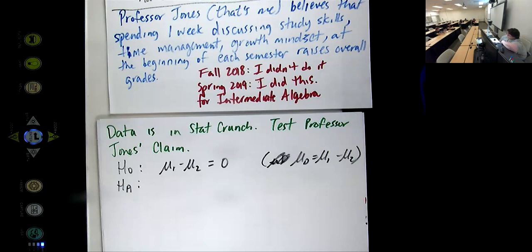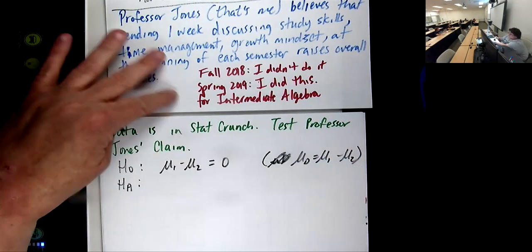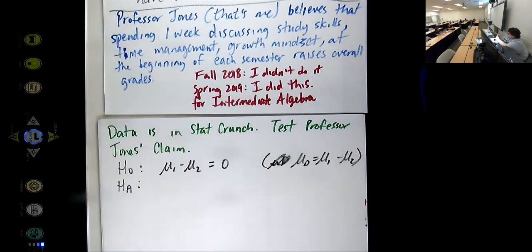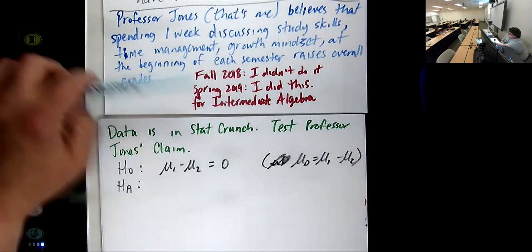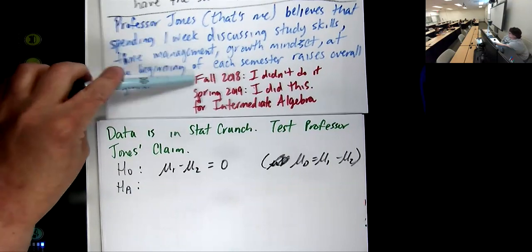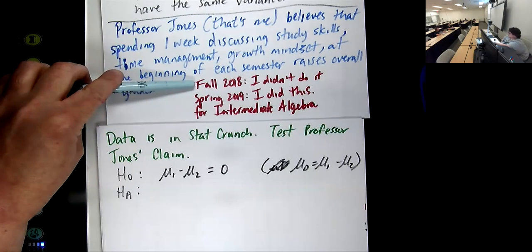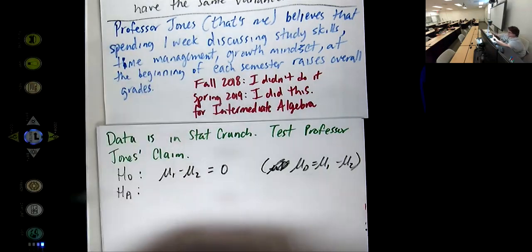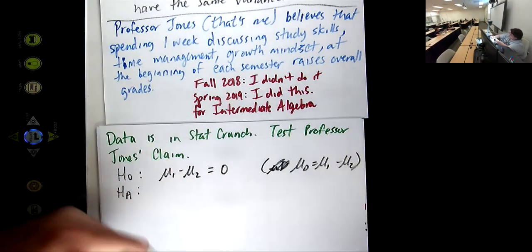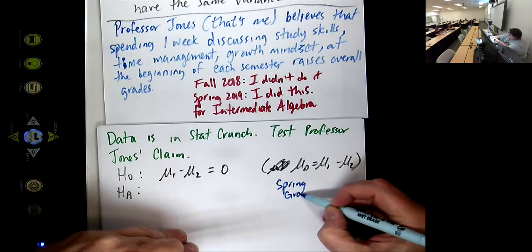I'm saying that it's greater than. So what can I expect from the results I did earlier that would support what I'm saying? If my spring grades were higher than my fall grades, that means my strategy worked. Does that make sense? Yes. All right, let's write that down. Spring grades greater than fall grades